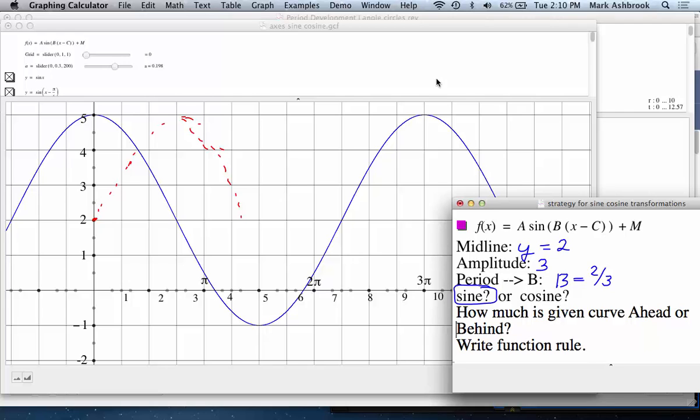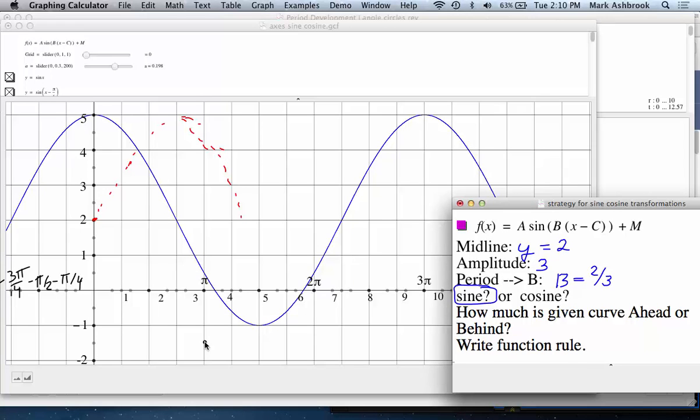tell you what these are here. So each of these lines is pi over 4. So this is pi over 4, negative pi over 4. This is negative pi over 2. And that right there is negative 3 pi over 4, because each of these vertical lines is pi over 4. So,